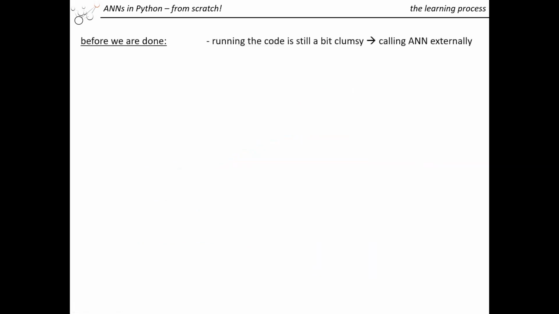Okay, so now we want to rearrange the code a bit because we now want to apply our network to the data. And first of all, we need to train the network. That's what we did many times now. And we want to put this into a function so that we don't have to run the whole code all the time explicitly. So it makes more sense to put it into a function. That's the first thing we want to do. And the second thing is then